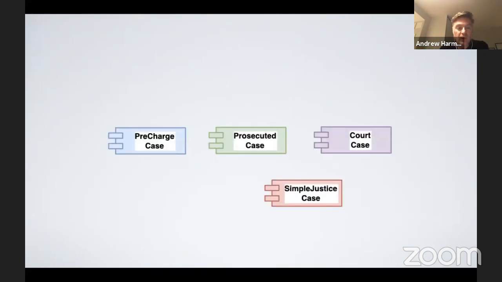So it was clear from looking at things that we definitely had these different views of a case, and that we probably had a flow which would flow from left to right. So a pre-charge case would flow to a prosecuted case, and a prosecuted case would then create a court case, etc. But having known that, making sure that we were aligned closely with the domain and how the experts, who'd used this system for hundreds of years, solved their problems, I was worried